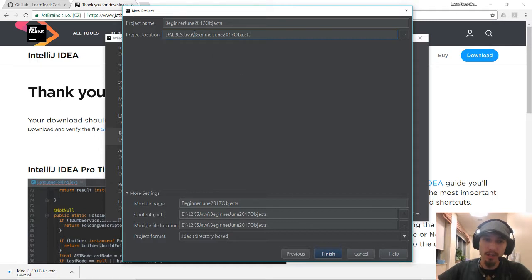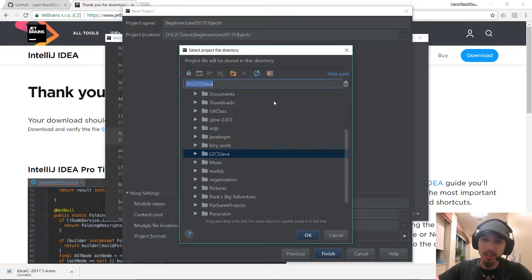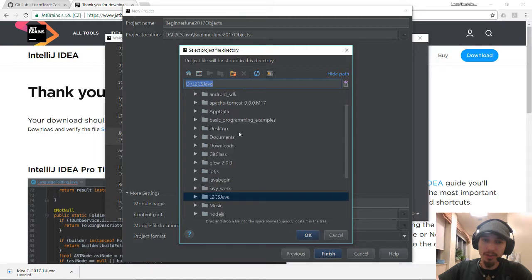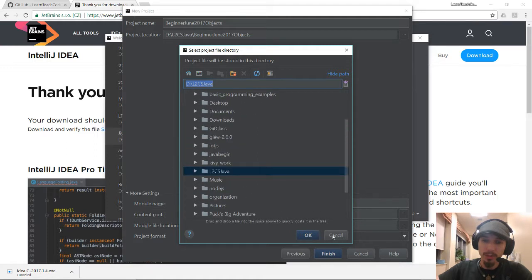So again, just pick your project location. If you don't know what the path is off the top of your head, you can click these ellipses, these triple dots at the right side, and it'll let you navigate through just like normal. Okay? So pick your folder, and pick the parent folder, hit